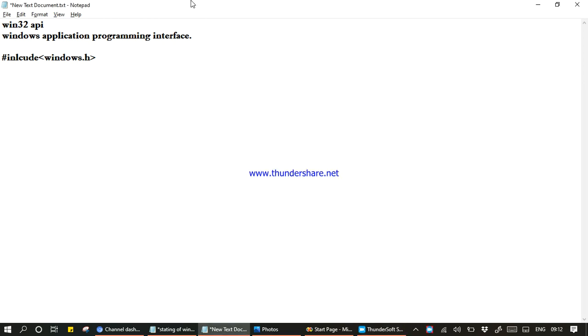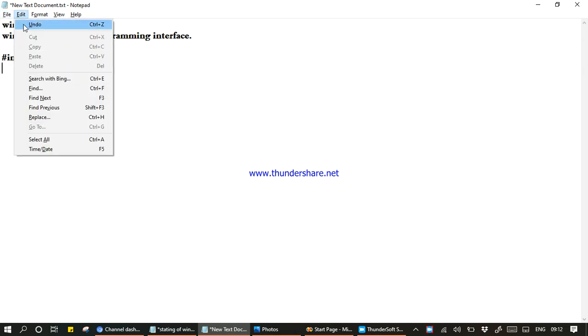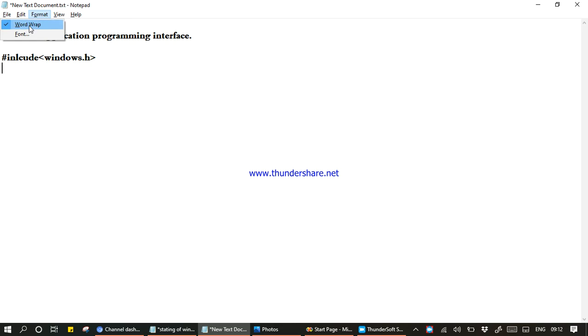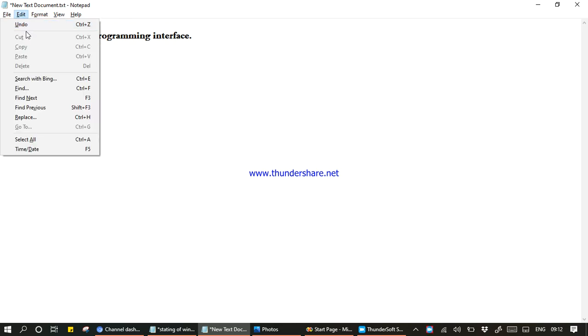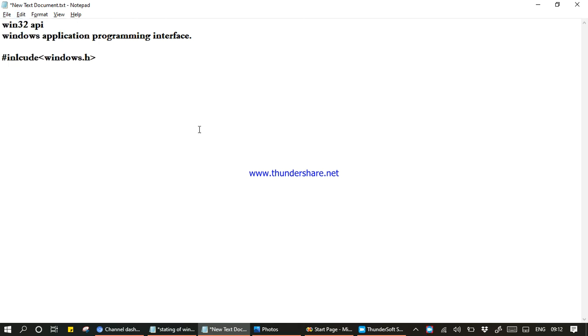Look at here, this is a graphic window. I am working with the mouse, and when I am pressing File, you can see graphics over here. When I am moving my mouse cursor, it highlights everything, and you do not see all these features in C language. That's why we are working with Win32 API. This is nothing but advanced C language.